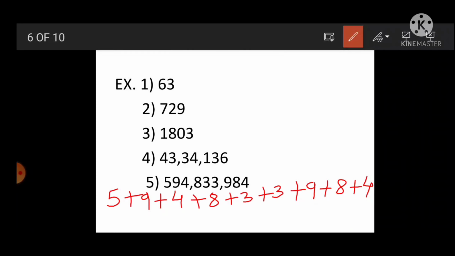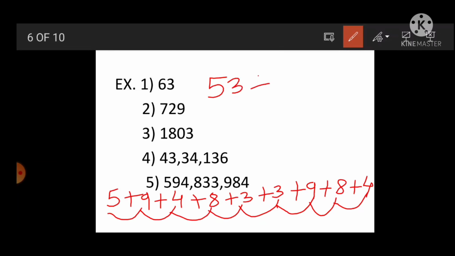Check the sum. 5 plus 9 is 14, 14 plus 4 is 18, 18 plus 8 is 26, 26 plus 3 is 29, 29 plus 3 is 32, 32 plus 9 is 41, 41 plus 8 is 49, 49 plus 4 is 53, and 53 is divisible